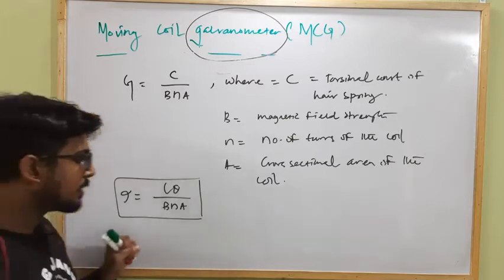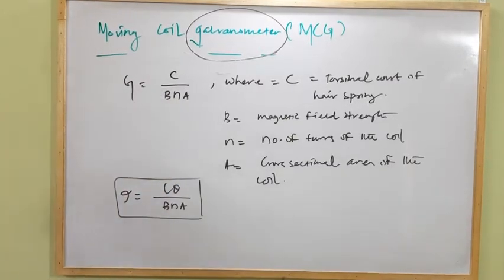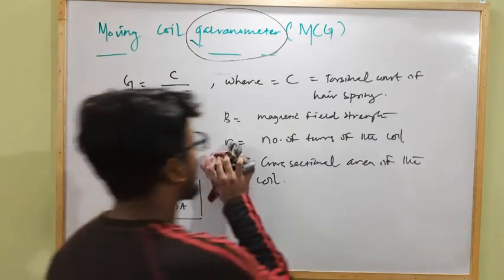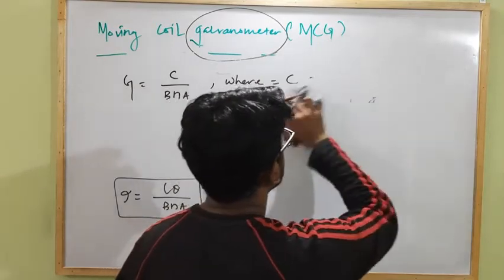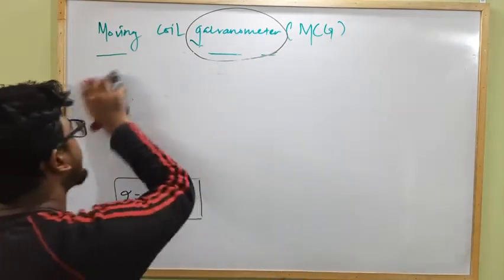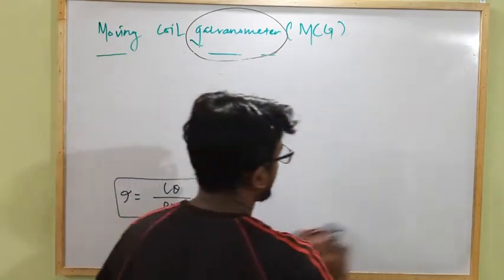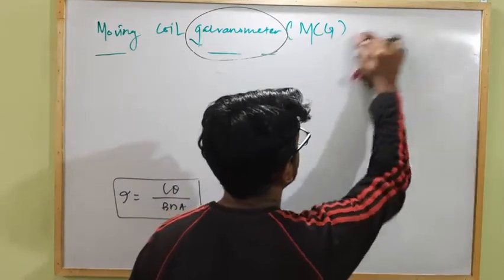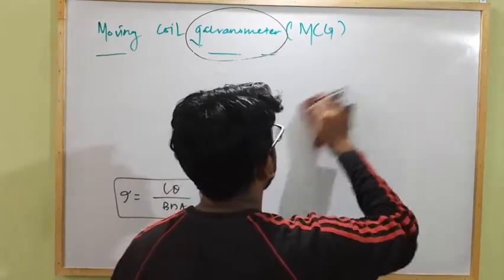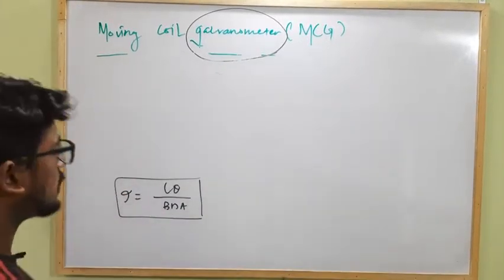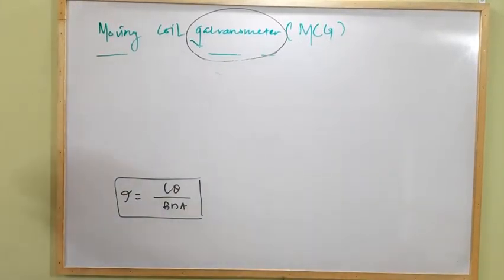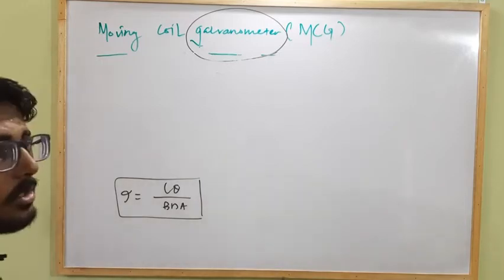Okay, so what is current sensitivity? So now we have to discuss what is current sensitivity. That means if a galvanometer is able to measure a very less amount of current, then the sensitivity of the galvanometer is more. Or if a galvanometer shows a large amount of deflection by applying a very less amount of current through it, then the sensitivity of the galvanometer towards current is very high. That is known as current sensitivity.